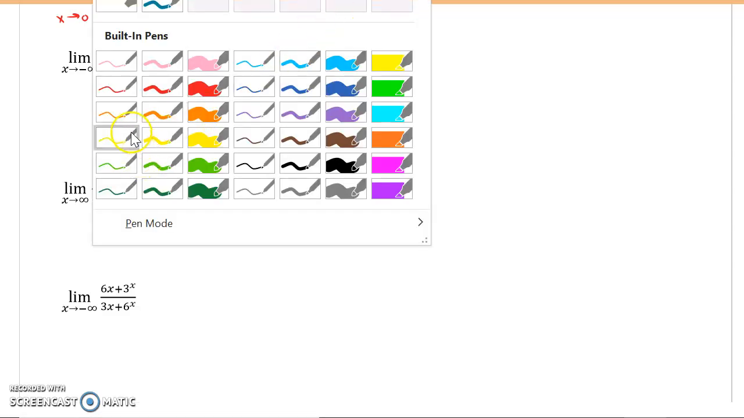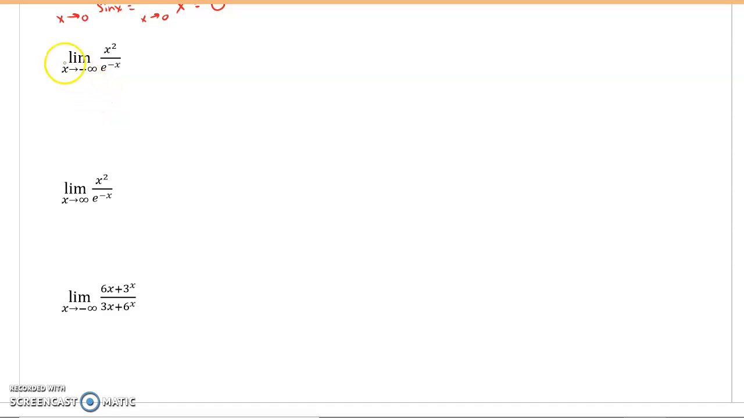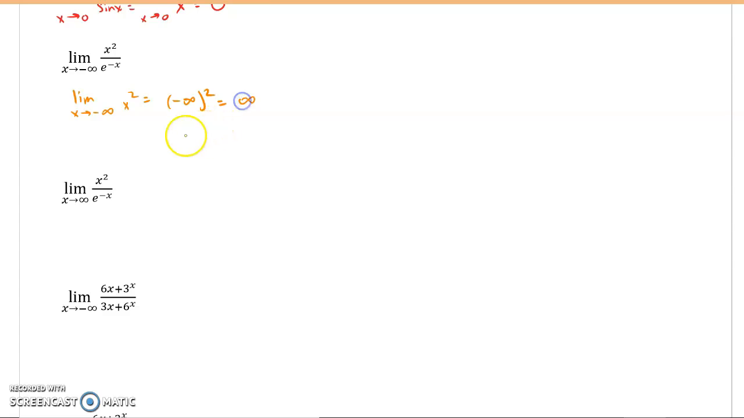Let's try these limits and see how they go. We'll start with the limit as x approaches negative infinity of x squared over e to the negative x. So the first question we have to ask is, what is the limit as x approaches negative infinity of the numerator? Well, that's the same thing as negative infinity squared. Negative times negative is positive, and if you take something extremely large and square it, it gets extremely large, so that's going to be infinity,